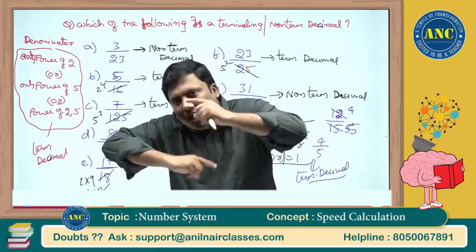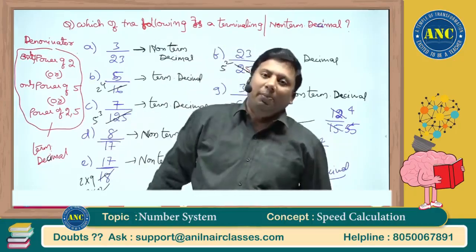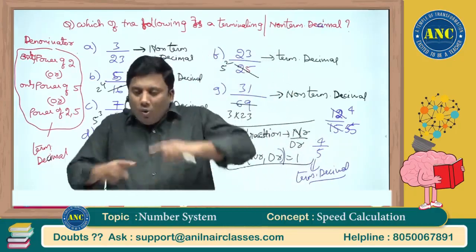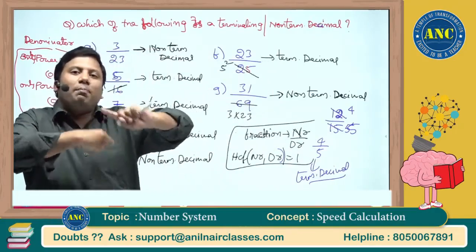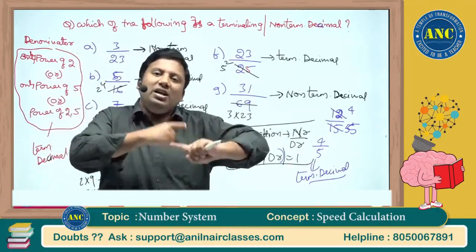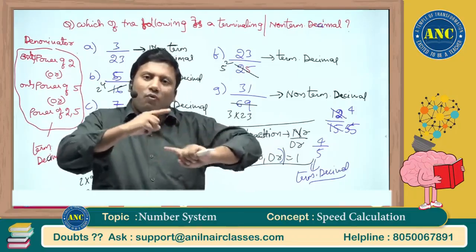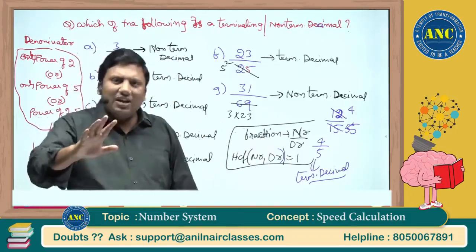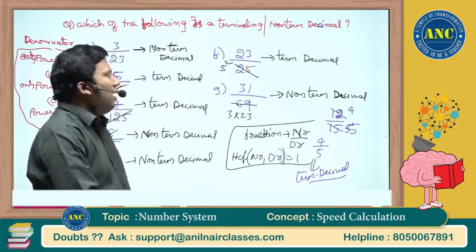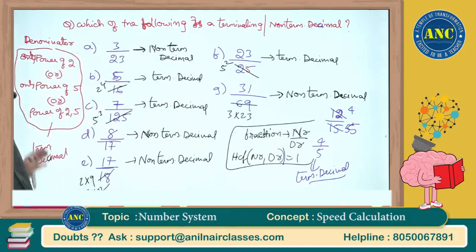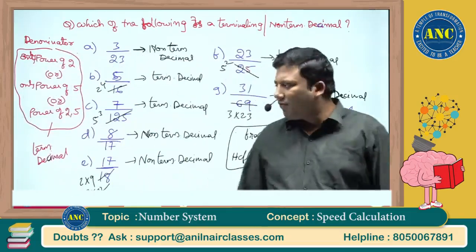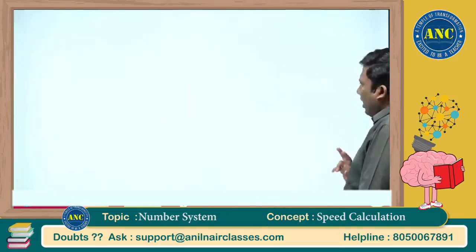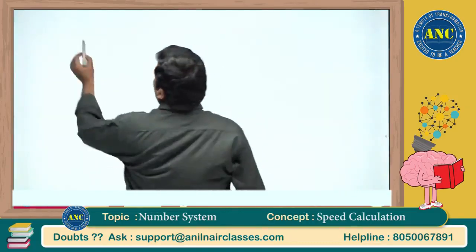Sir, how to check how many times the digit is getting repeated in a recurring decimal? Why does 1 by 7 have 0.142857 bar? Why is 1 by 9 0.11 bar? Why is it there in 2 digits? Everything we will discuss in the fractions and decimals class. I hope the idea is clear. Very, very important. Another concept we discussed, suppose if it is